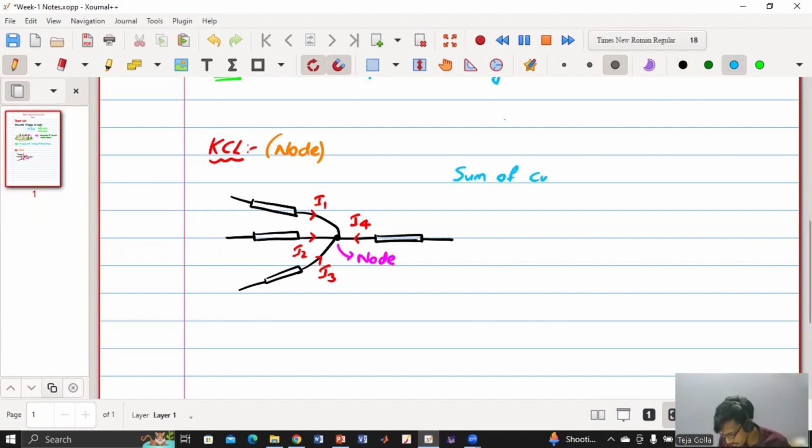I can state it as: sum of currents entering the node is equal